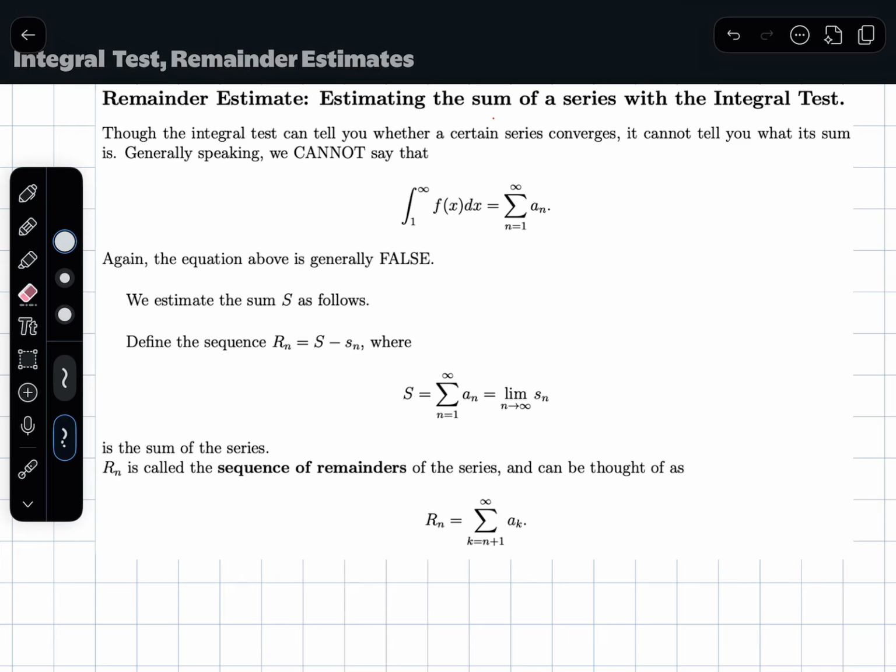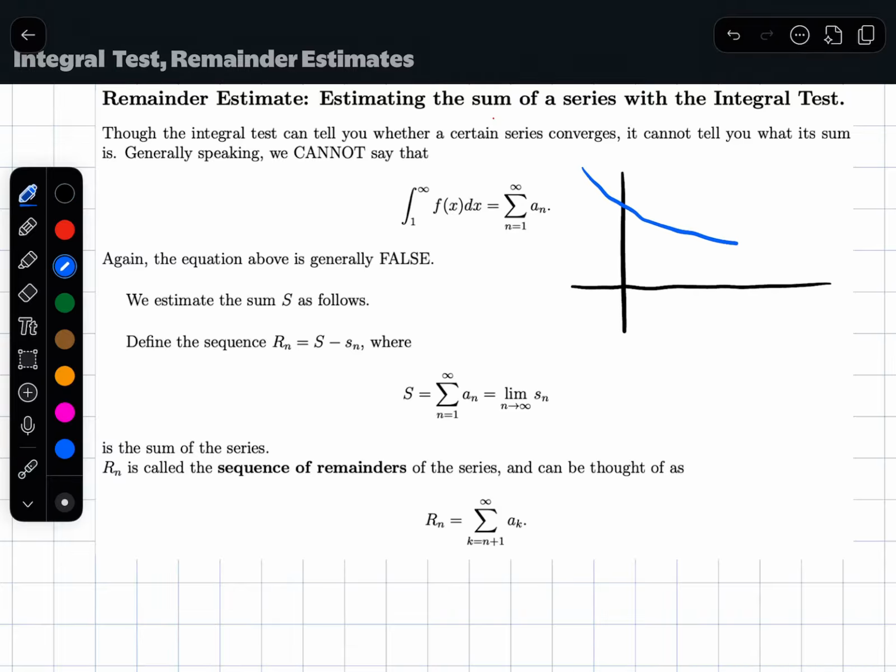In a previous video, we talked about how even though the integral test can be used to show that a series converges, it cannot be used to show what it converges to. So what the sum of the series is, it doesn't work, and I showed you why. Whenever you're using the integral test, the idea is that you have this continuous decreasing positive function that you're using